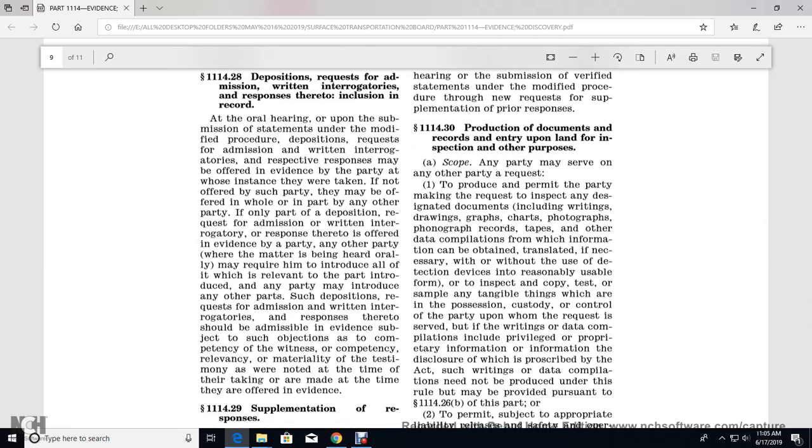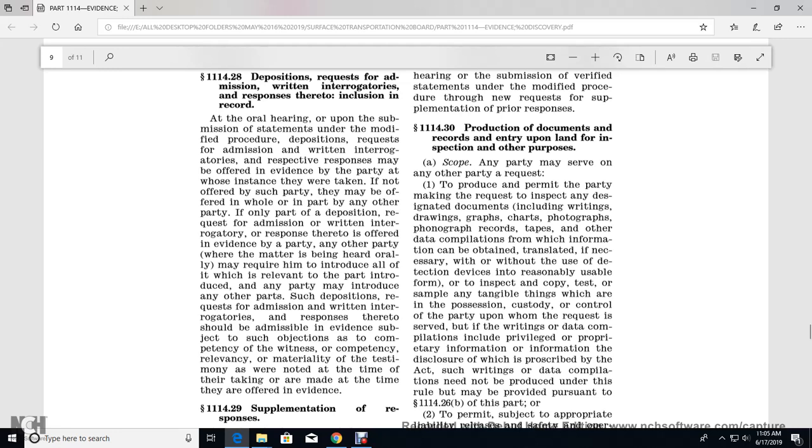with the inclusion in the record of the oral hearing upon the submission of the statement under the modified proceeding. The deposition, request for admission, written interrogatories and their respective responses may be offered in evidence by a party, with the instant part not offered, and the whole may be offered by any other party if only with the deposition, the request for admission, written interrogatory, and the response thereof that is offered in evidence by any other party,